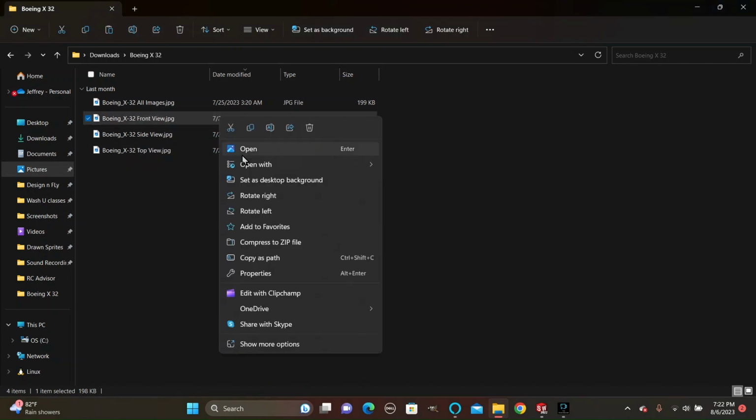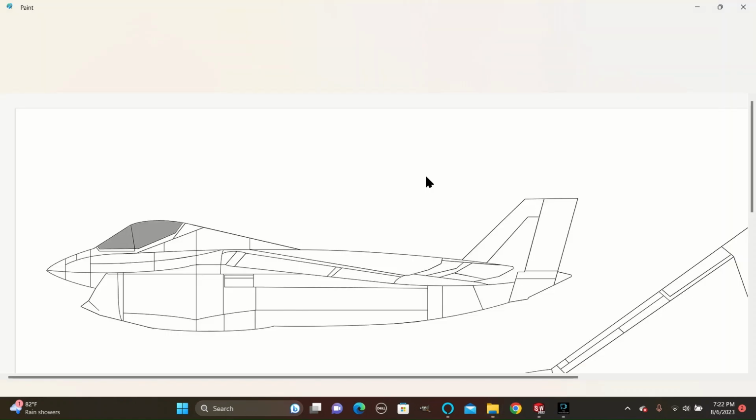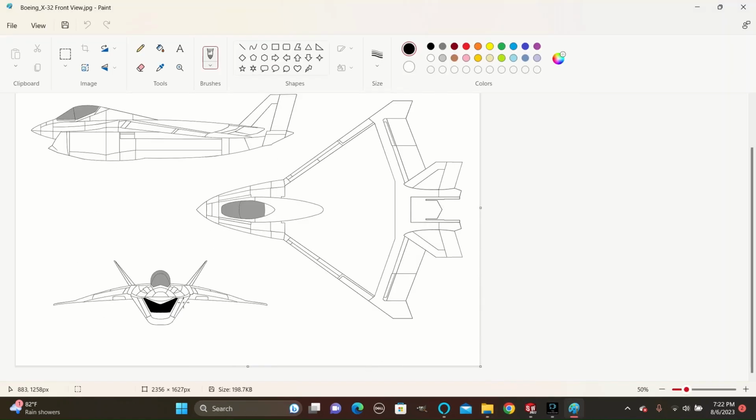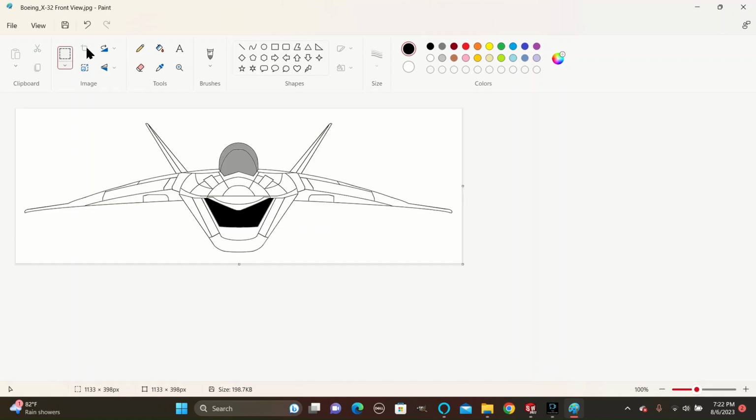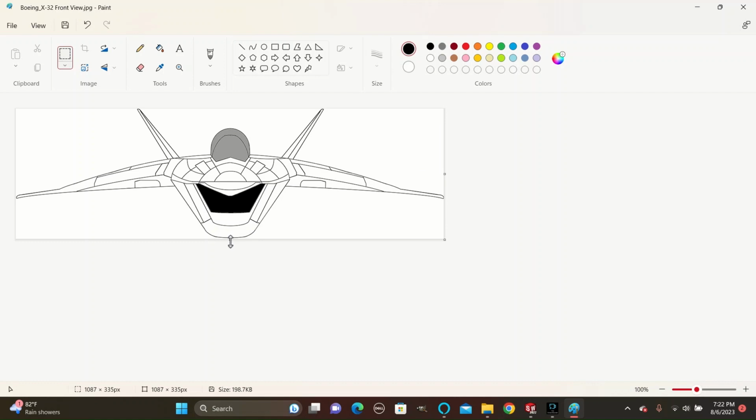And so now I'm going to open front view with Microsoft Paint. And the front view is down here at the bottom. And so I'm just going to try and select around it and then crop out all of the excess bits of the plane. And so trying to work it out so that I get just barely all the points of the plane and try to factor out everything else and then crop. Yeah, it's really easy to crop the bottom. You can just pull that up